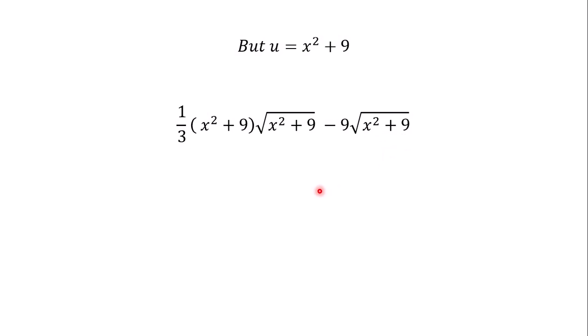Okay, so now that we have entered the x world, the answer to the integral question is actually 1 over 3 multiplied by, in brackets, x squared plus 9 multiplied by square root of x squared plus 9 minus 9 multiplied by square root of what? x squared plus 9. So this is the answer to the integral question